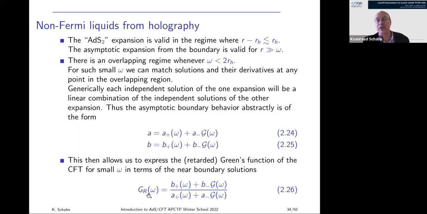Okay, and the only thing I do now is I substitute this abstract expression into the expression for the fermionic Green's function, which is just B divided by A. So B divided by A, expressed in terms of these AdS2 properties, is B plus times the leading AdS2 solution plus B minus times the subleading AdS2 solution divided by some other coefficient times the leading AdS2 solution A plus, plus A minus times the other AdS2 solution. And this is an extremely powerful result,